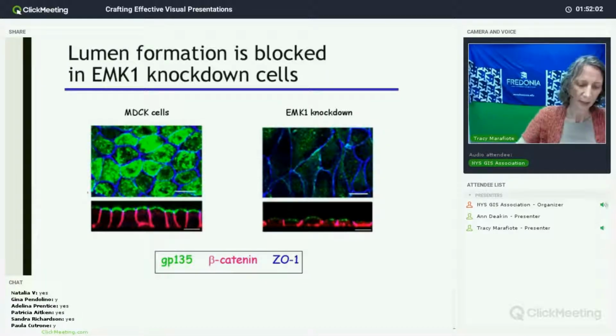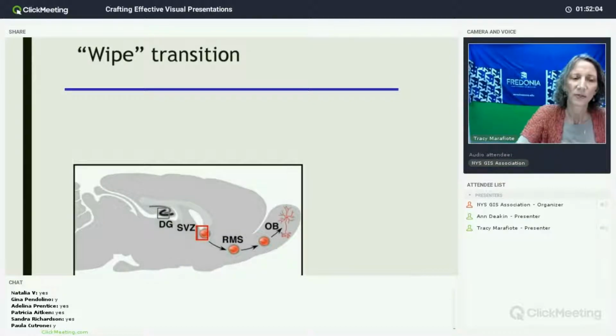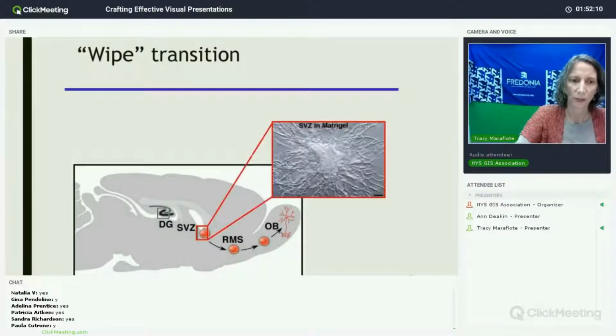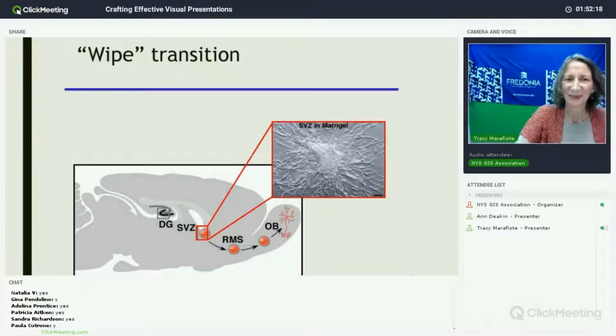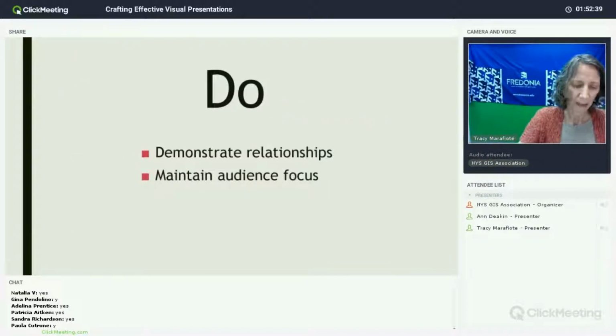So another example that allows the speakers to explain one idea is something called a wipe transition. And again, this is a transition between two different slides, so this one should work as well. Okay, so we're looking at something in our body, and then we're looking at a highlight of it and a close-up of that image. And so this transition helps us to see the detail and allows the speaker to talk about it in a meaningful way without first presenting this slide, which might be distracting if they were just first trying to talk about the larger feature in and of itself.